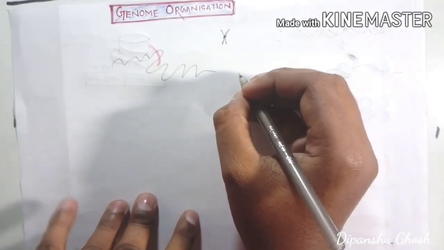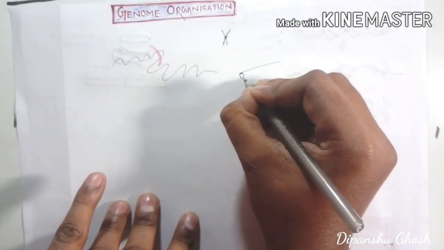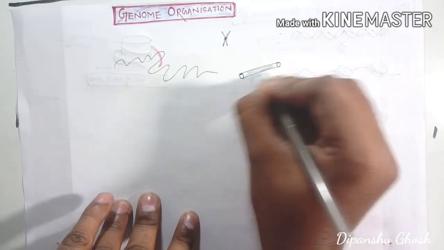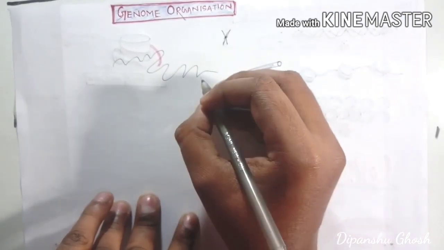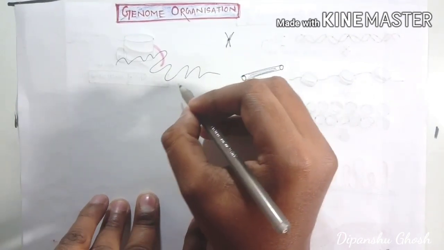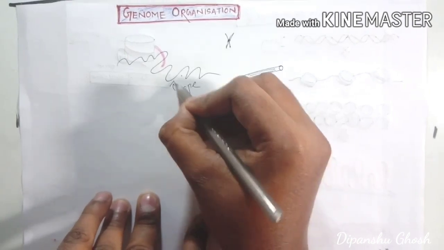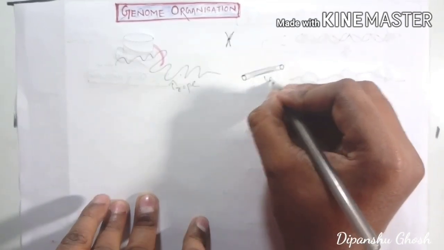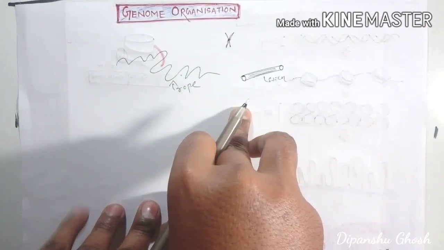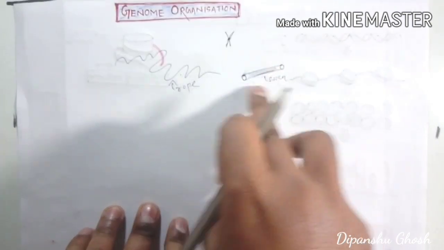I will take a stick. Suppose this is a rope, and this is a stick. What exactly will I do? I will try to wind this rope around this stick, so that